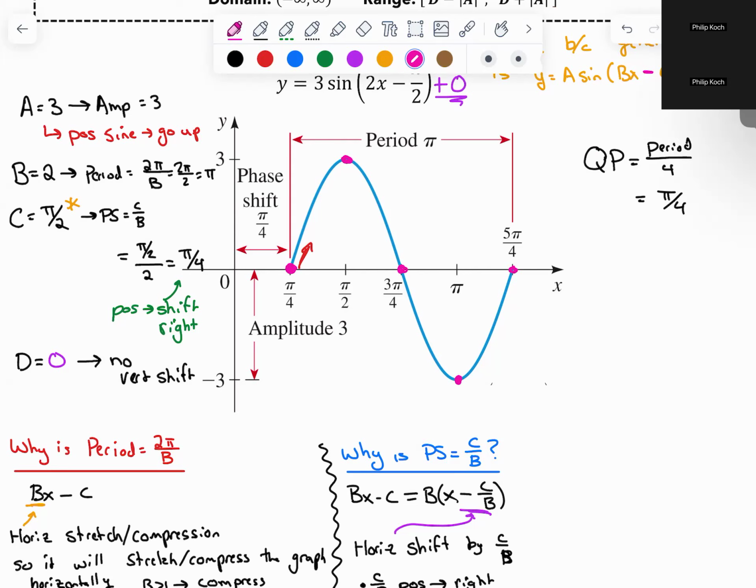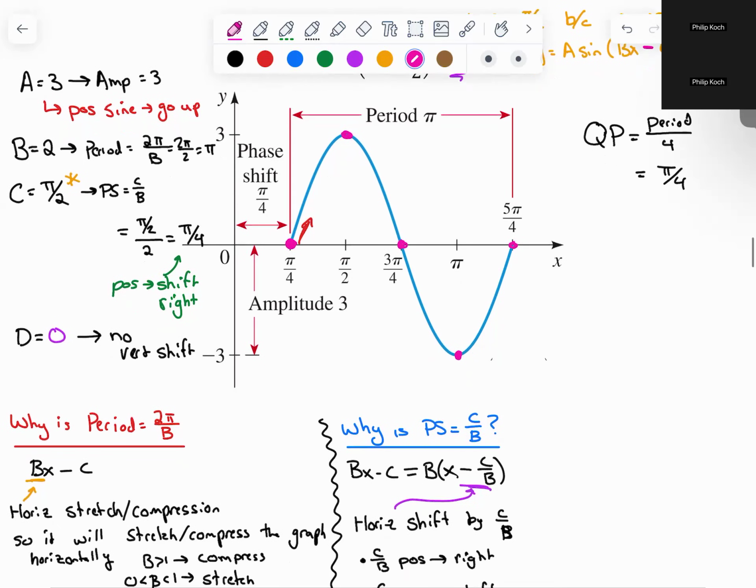So the reason why I talk about the quarter period is that there's a pro tip. I need to make that graph smaller so I can write all this stuff next time. Hopefully you guys are able to fit it in there. It's a mess, but there's a pro tip. What color haven't I used? Green. Pro tip. Sorry, not the pro tip yet. I jumped the gun.